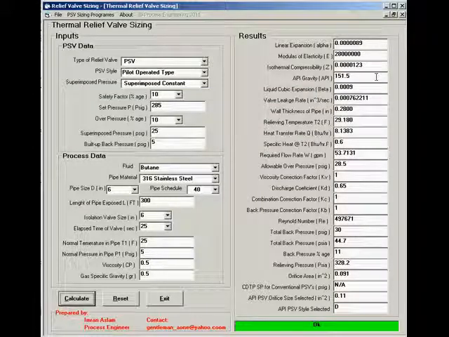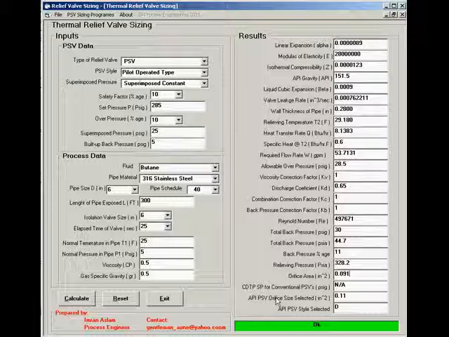Among all the results, the most important one is the calculated size of orifice, which in this case is calculated to be 0.091 square inches, and for this calculated orifice size the recommended API PSV size is 0.11, which is of the style D type orifice.